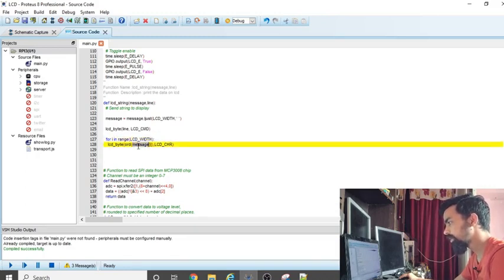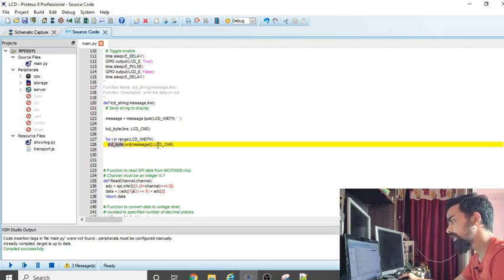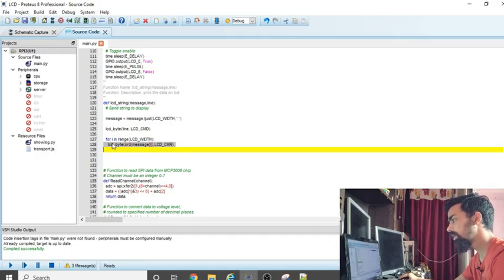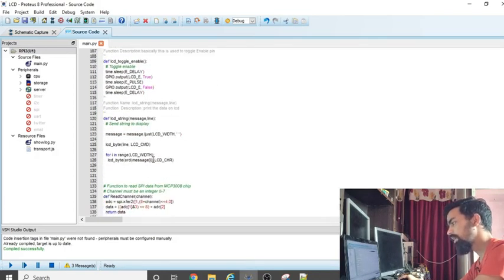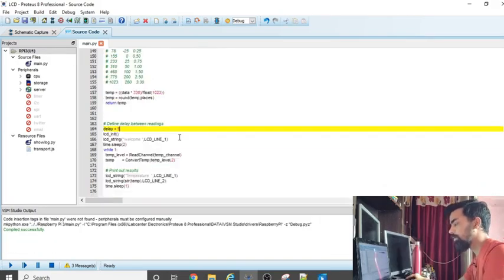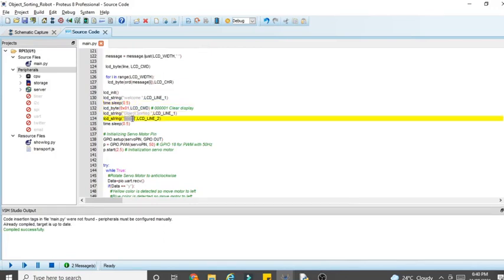So i is 0, then message of i is nothing but W. Then LCD character: we are passing the character to LCD byte so that the RS pin is set to 1, and then our message gets printed. Once the W is sent on the LCD, we have to send the E. So i increments to 1, then E will be sent, and with the same logic the whole message is sent on the LCD.